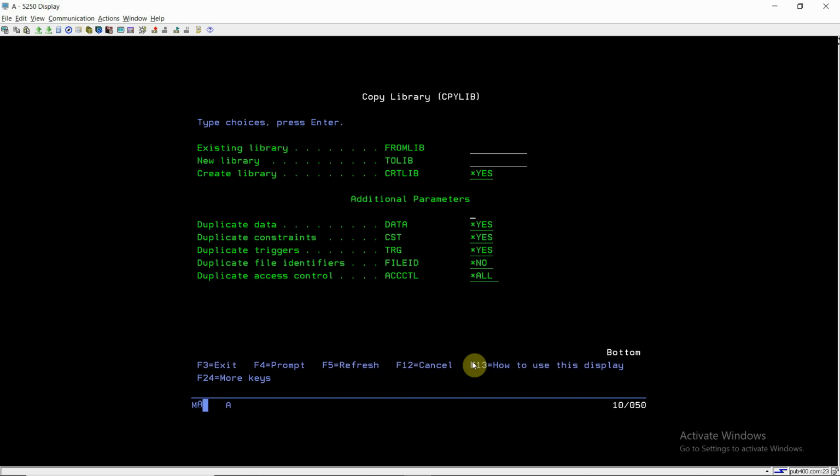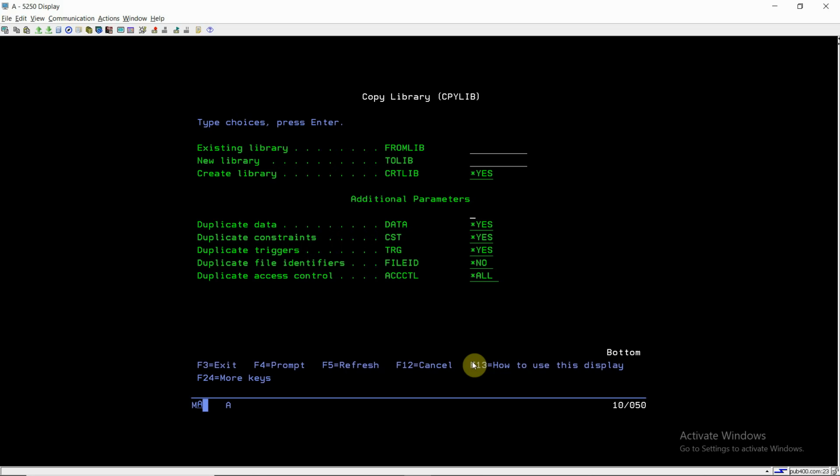I think this is the demo. This is all the demo for the copylib command, and I also showed two errors which need to be handled whenever we are writing the copylib command in our CL or RPGLE program or whatsoever.